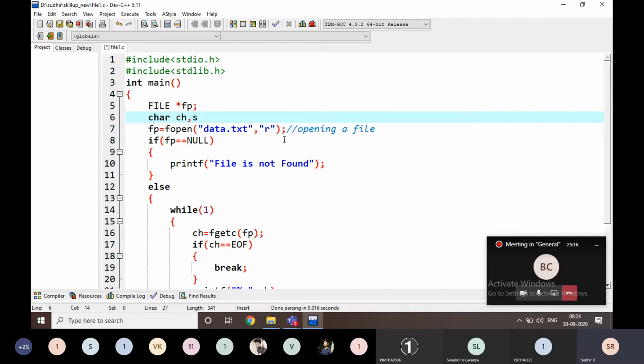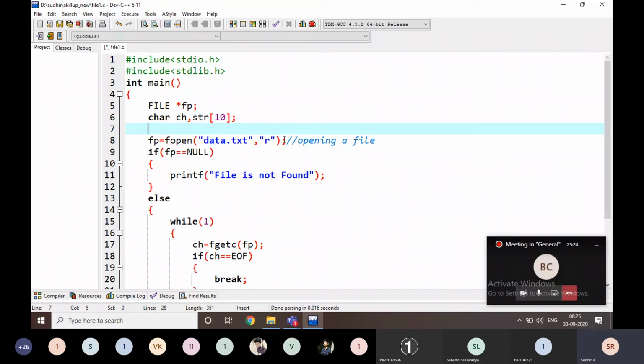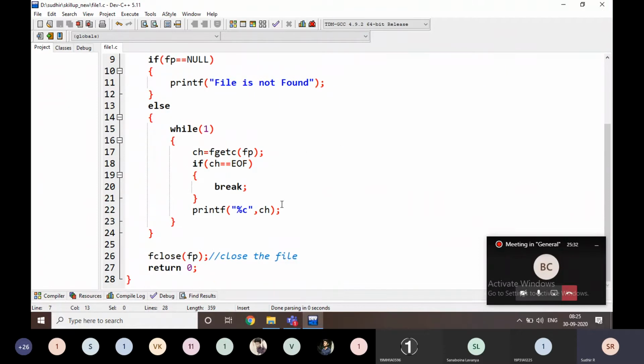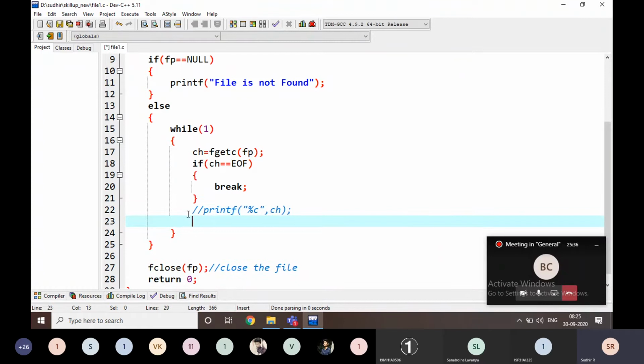For example, I am going to write some 100 here, some 10 here, and I am going to take one variable for iteration, that is i. Now, instead of printing that variable, str plus plus is equal to ch.